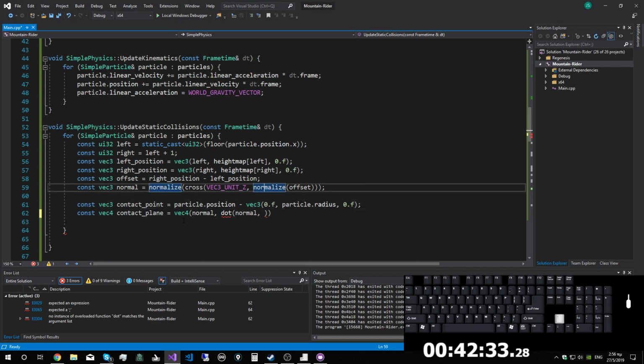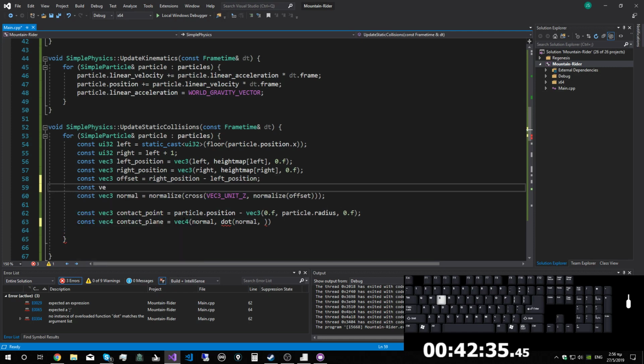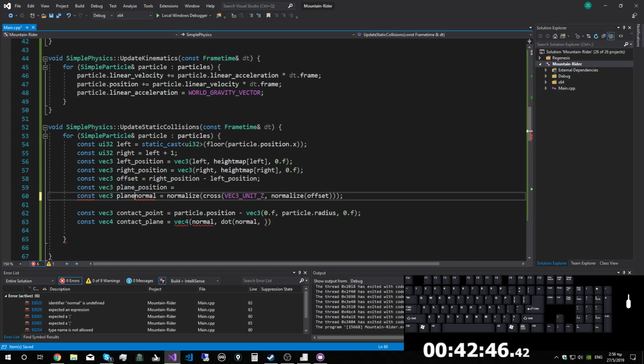The position of the line, let's call that plane position. Plane normal is